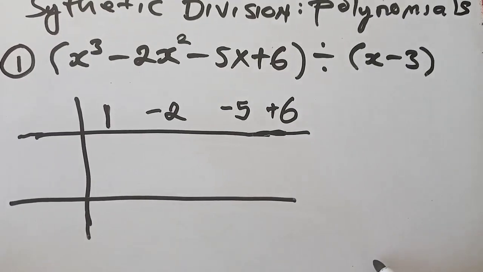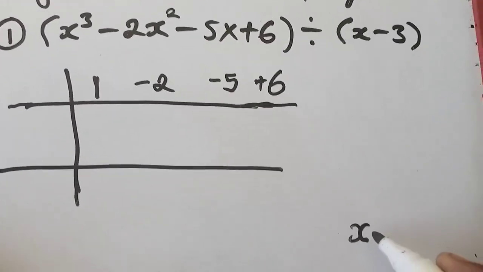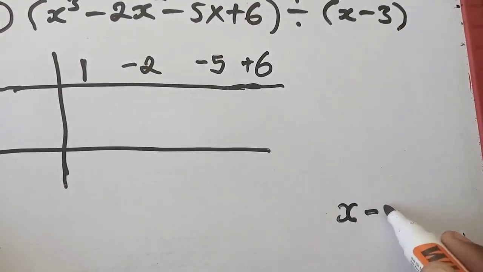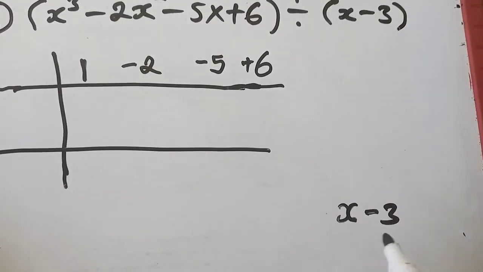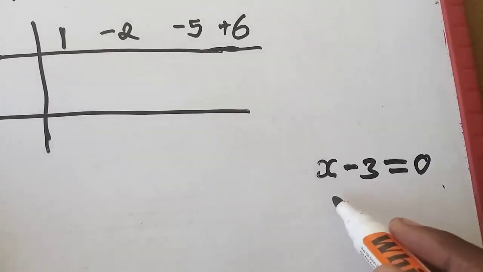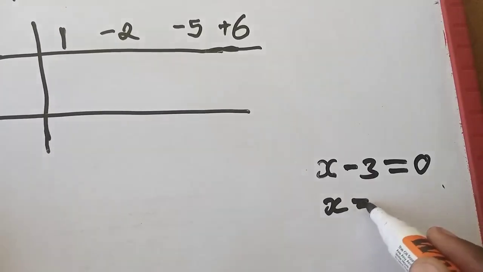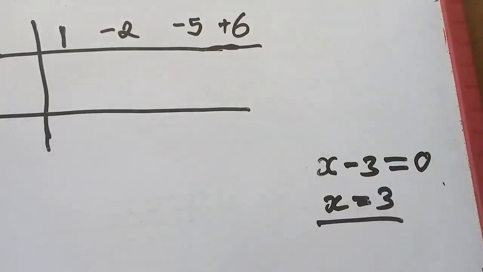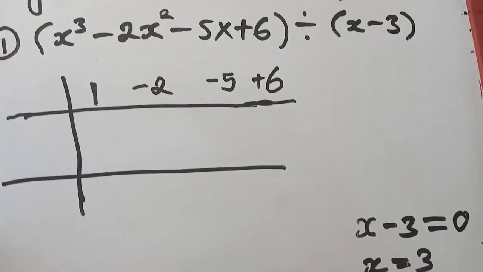Here we have x minus 3. If you want to find the value of x, equate this to 0. Then you find the value of x. So x is equal to, when it comes this side, positive 3. So this is the value of x. Here I said you should put the value of